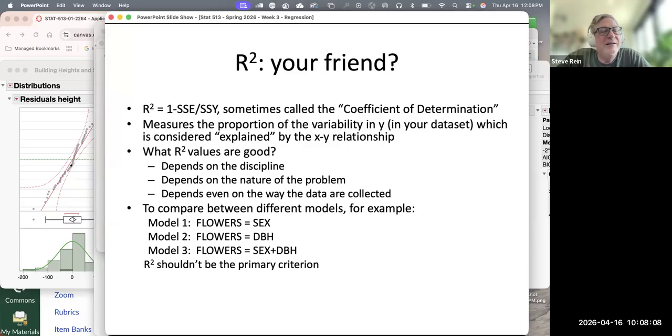So I'm going to say don't read too much into it. R squared will probably not be all that helpful. Just think larger R squared for the same data set is sort of a better fit, and we'll fine tune that later.